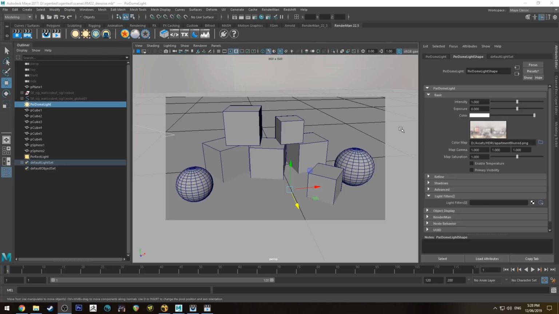Today we're going to be having a look at using the denoise feature for Renderman for creating denoise outputs when you do a batch render. So I've got a little scene here set up already, but the first thing we're going to do is actually